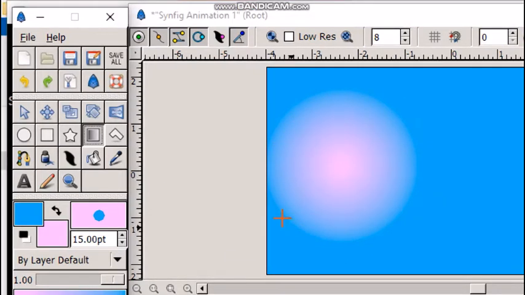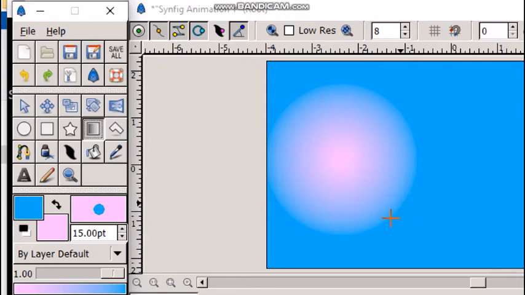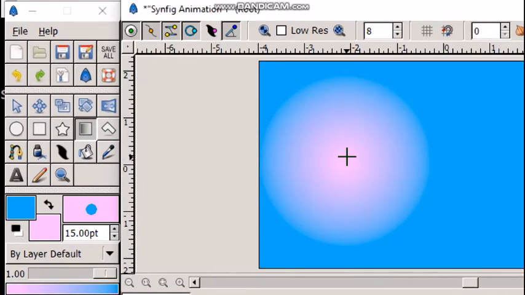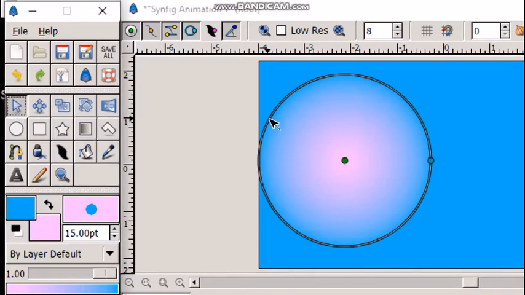See, this radial gradient produces circular colors with the transition being at the center of those circles. Now use the transform tool to edit the center point and radius.